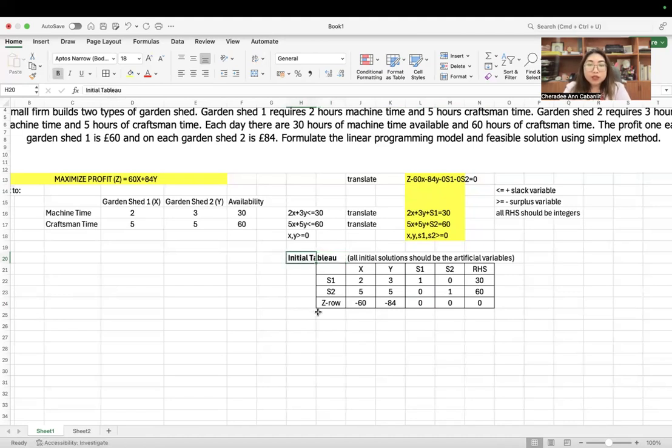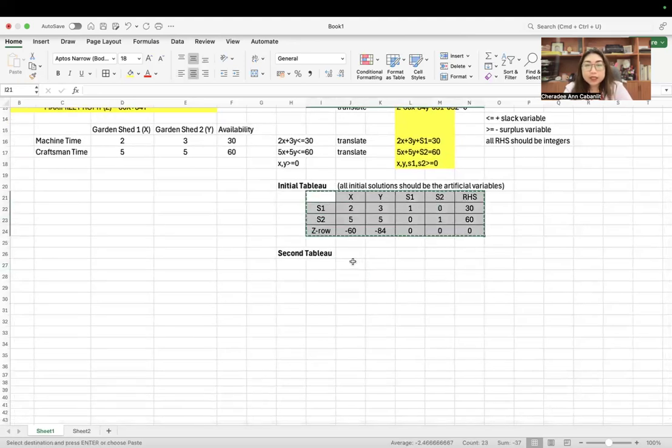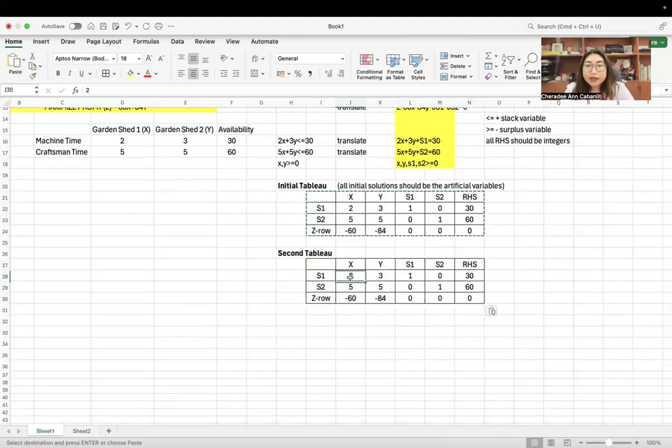Now, for the second Tableau, we will start the iterations. For the iterations in the second Tableau, we can just copy it, and then we will delete all the values first. Now, let's choose the pivot column.